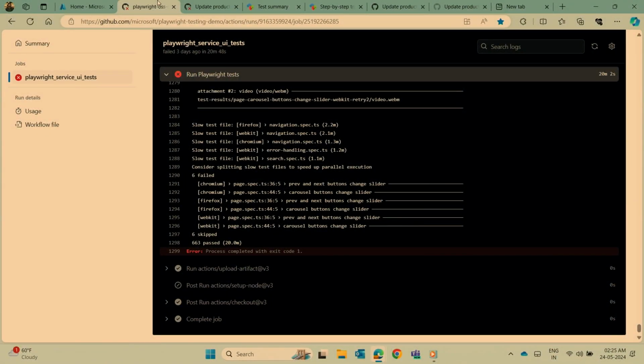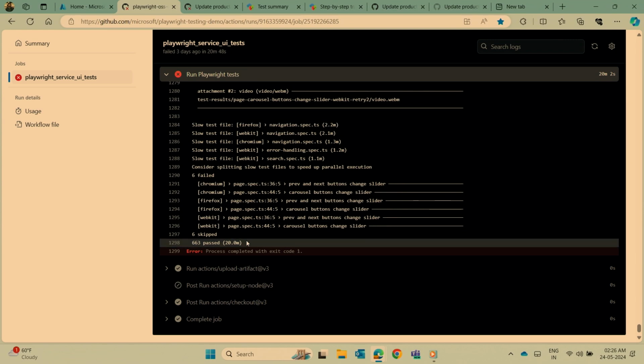This is a GitHub action workflow that I triggered, and it uses the Playwright open source framework. Everything is happening in the context of the machine that is running the tests. The browsers are open in the machine, the tests are run on these browsers, and the results and artifacts are generated within the machine. The results and artifacts are later stored with the GitHub action summary. You can see it took 20 minutes to finish.